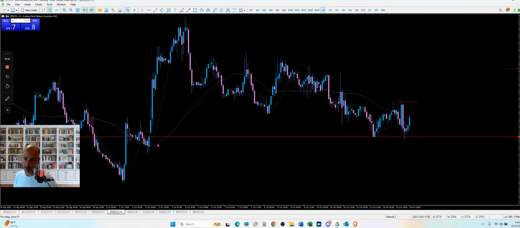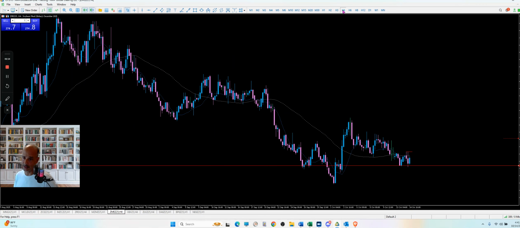Soybean meal, much like corn, the whole soy complex, whether it's soybeans, soy meal, soy oil, seasonally are all supposed to be bullish right now. This is soybean meal. You can tell here, we did have this bullish run up back in the beginning of October. It looked like this was going to be the turn, start going seasonally higher. We've now pulled back. This is the 4 hour chart. We've pulled back off this level.